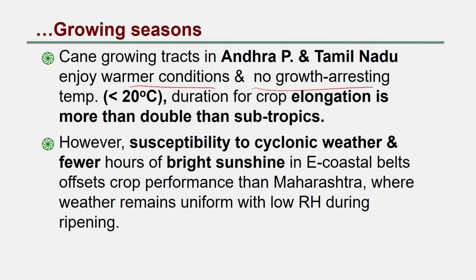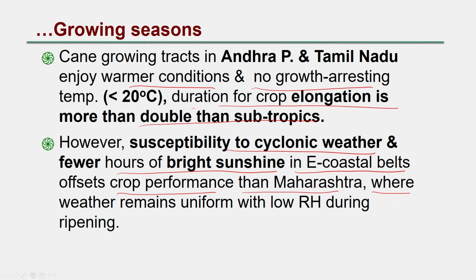It will never go below 20 degrees centigrade in South India, and duration for crop elongation is more than double than subtropics. However, susceptibility to cyclonic weather and fewer hours of bright sunshine in east coastal belts offsets crop performance